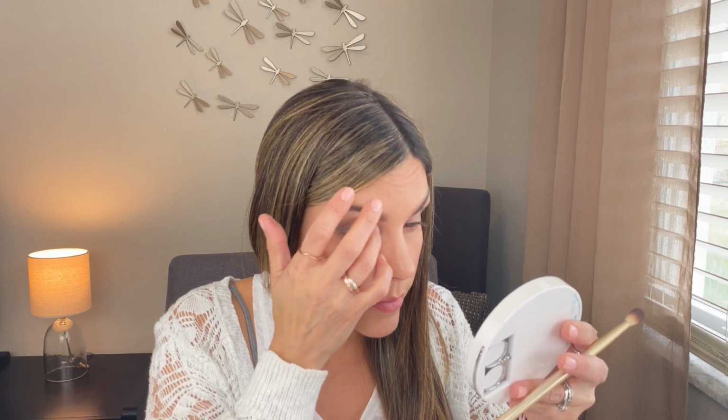And I just like to apply it better with my finger. To me, it just applies prettier. You see, it's just a pretty subtle eye look. And if I want to go in with the second hand, well, I will. This is the color